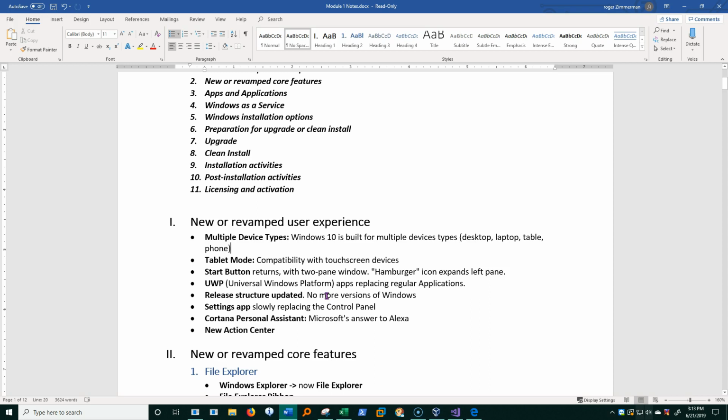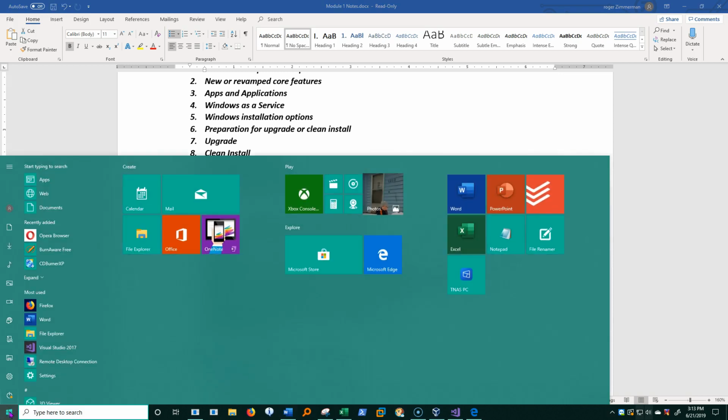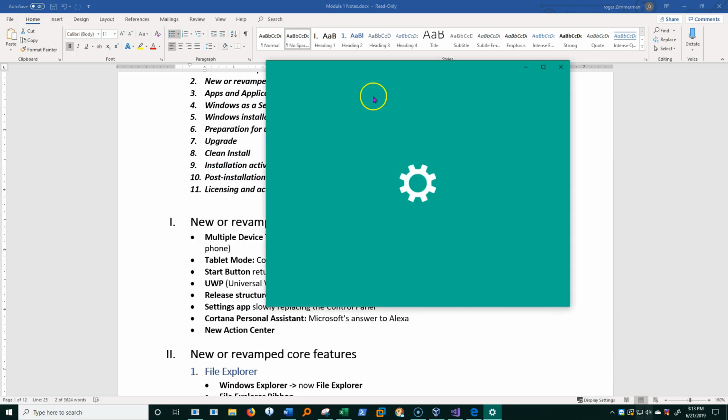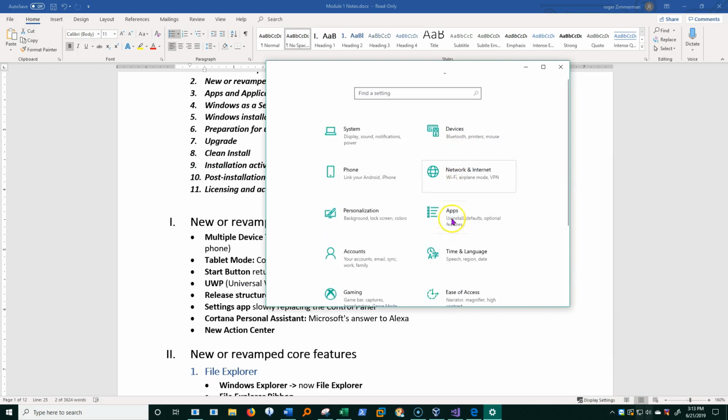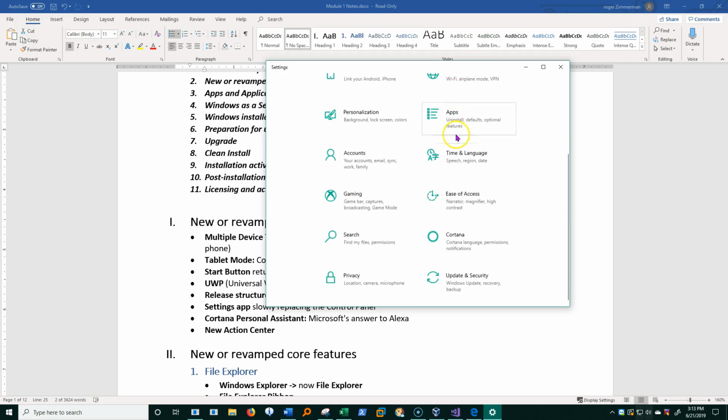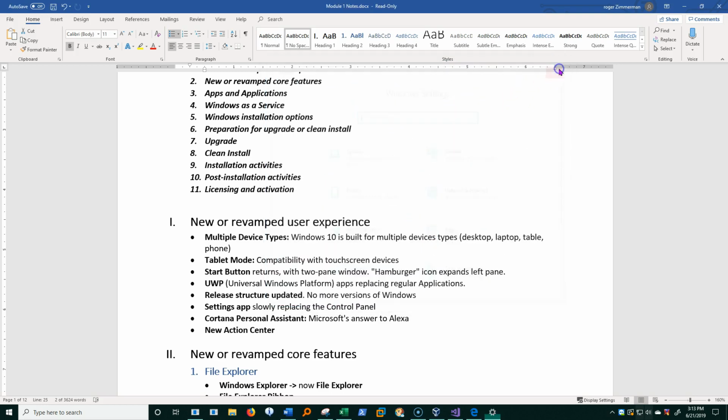We now have something called the Settings app, which is relatively new and is taking over from the control panel. Now the Settings app, if I click the Start button and go to this little icon here, Settings, you can see the Settings app come up here, and you just choose, this is kind of similar to the old control panel, but you can choose what area you want to configure.